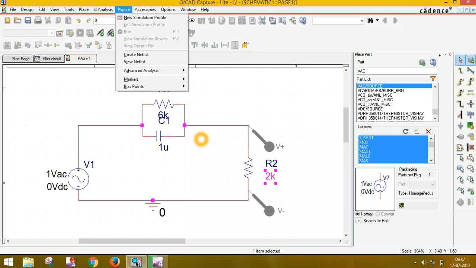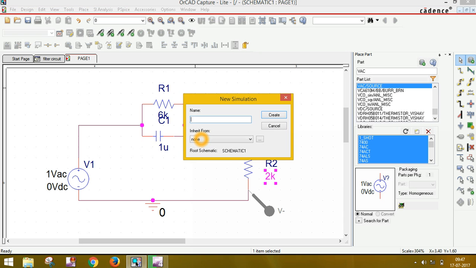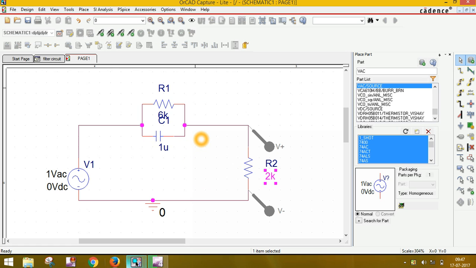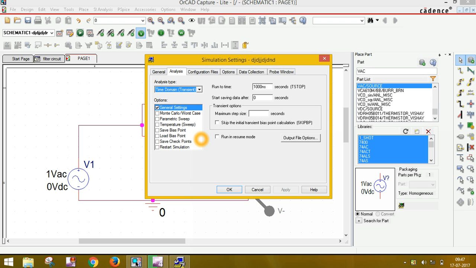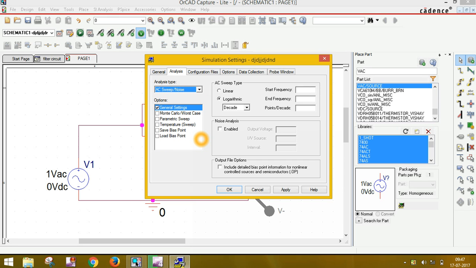Now simply go to PSpice, new simulation profile. Our schematic is complete, so new simulation, write any name, create, and here you can see a pop-up window of simulation settings. Come here and for analysis type choose AC sweep. Here you have to choose linear. In the last video I chose decade and octave, which give a logarithmic graph, and linear is for a linear graph.